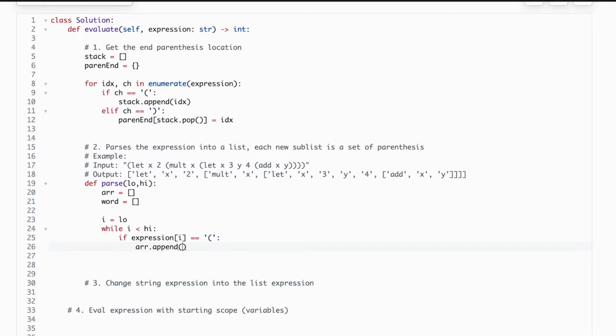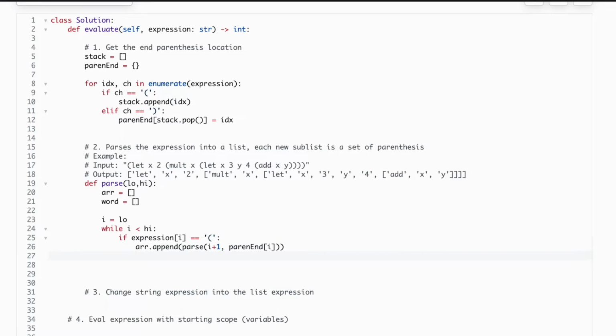like array append, and then we can just increment our I value to the end of the sublist, that is paren end of I. After that, if our expression is an empty space, or our expression is the ending parenthesis and our word list is not empty,